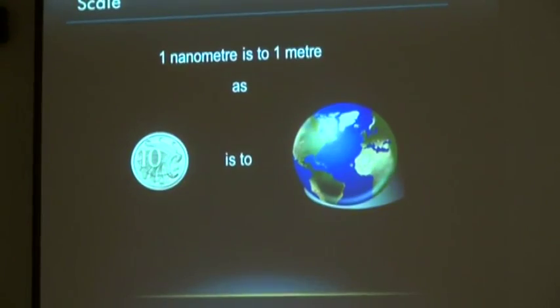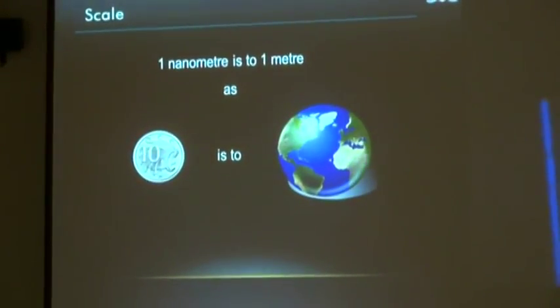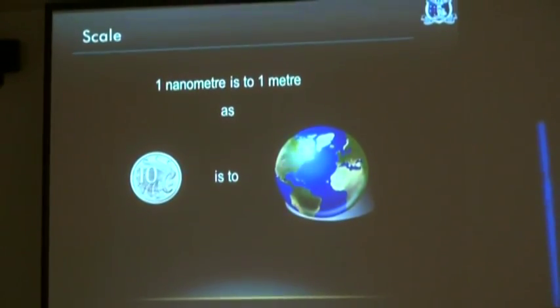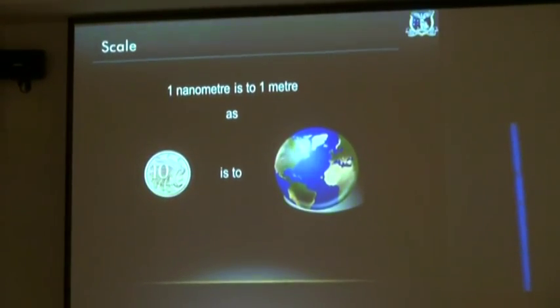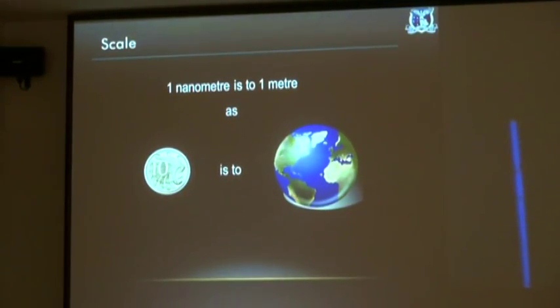By the way, if you've got any other spare 10-cent coins, let me have them after the lecture. We're in a funding crisis at the moment. Post-Gonski. But anyway,